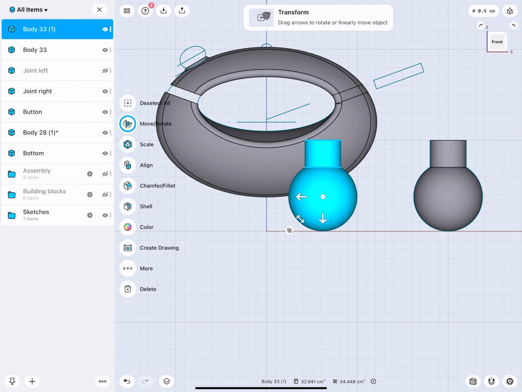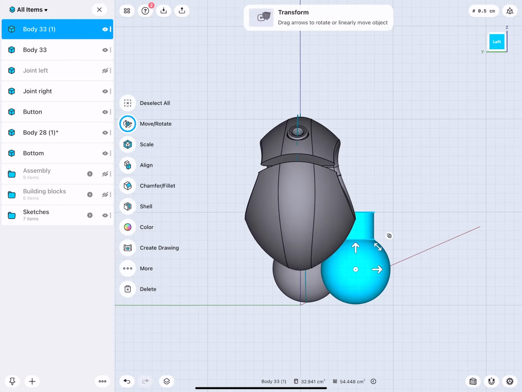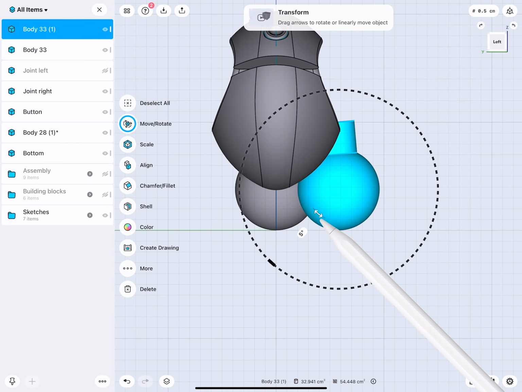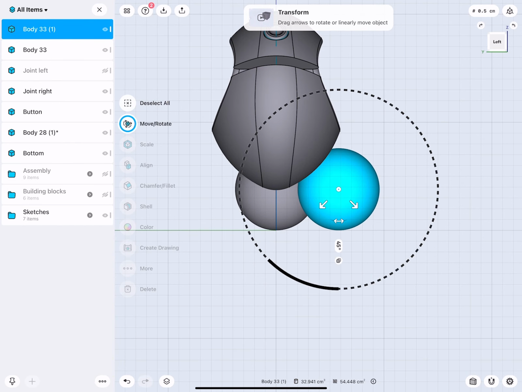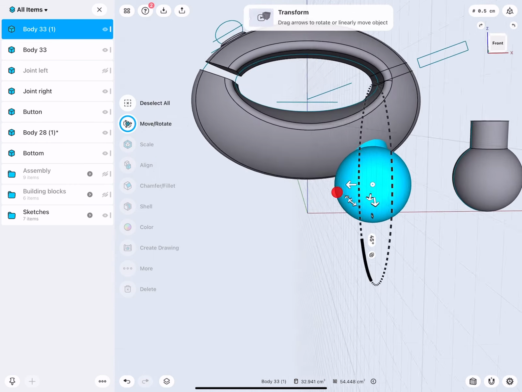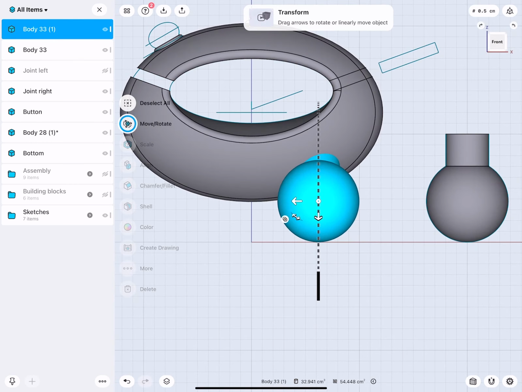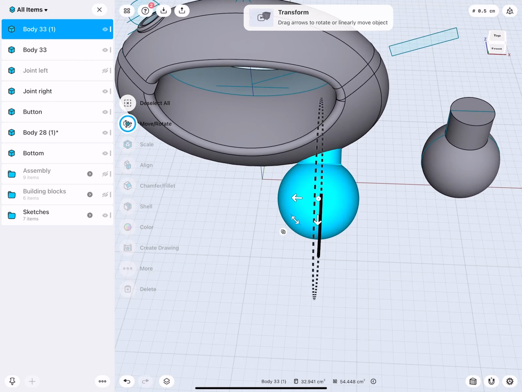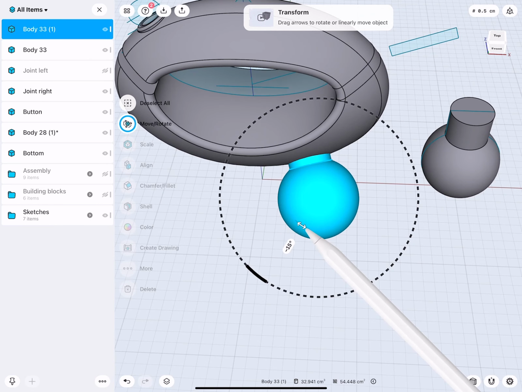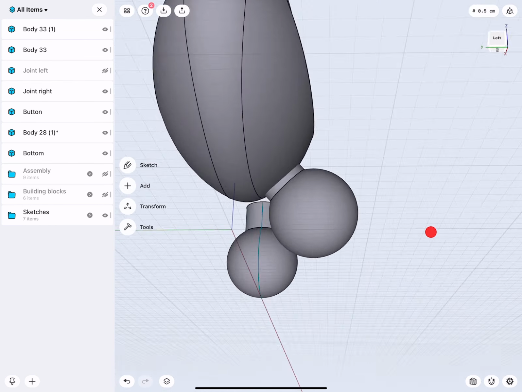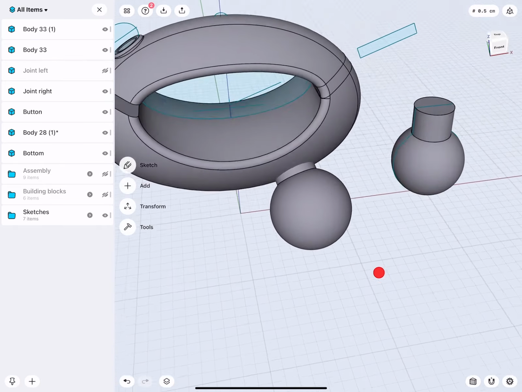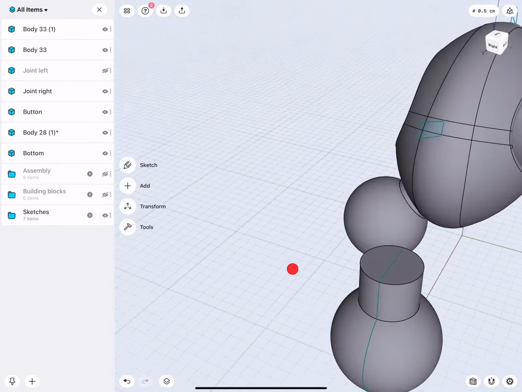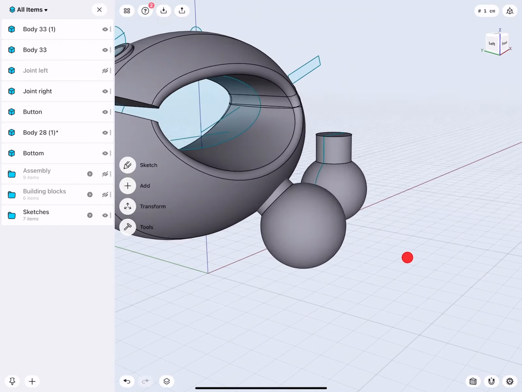Pretty cool. Now, based on whatever view I want to do this, from here, I can start rotating it 45 degrees. And then from here, rotate this too 15 degrees. Pretty nice. Yeah, this is good.